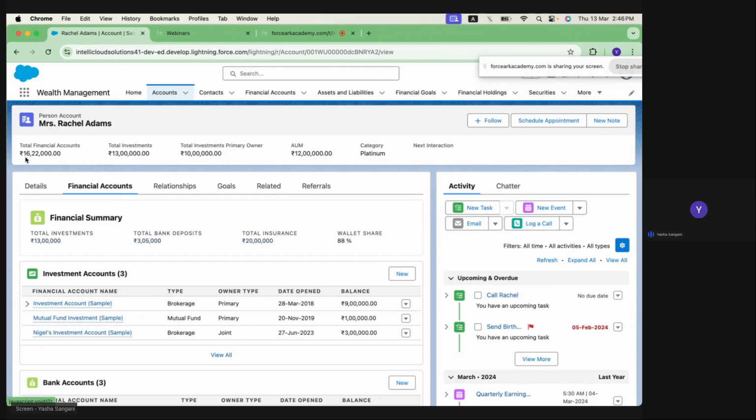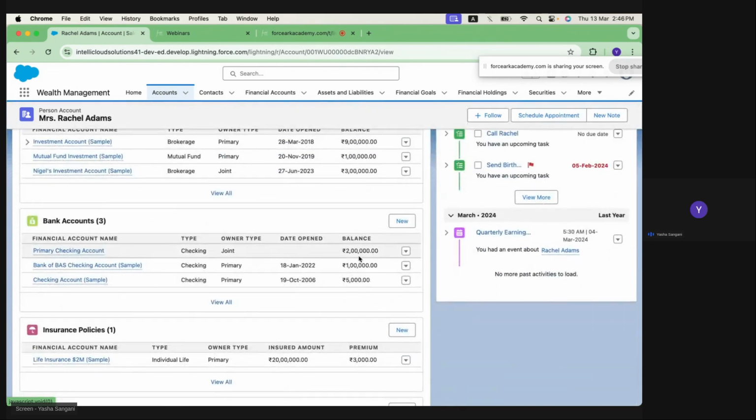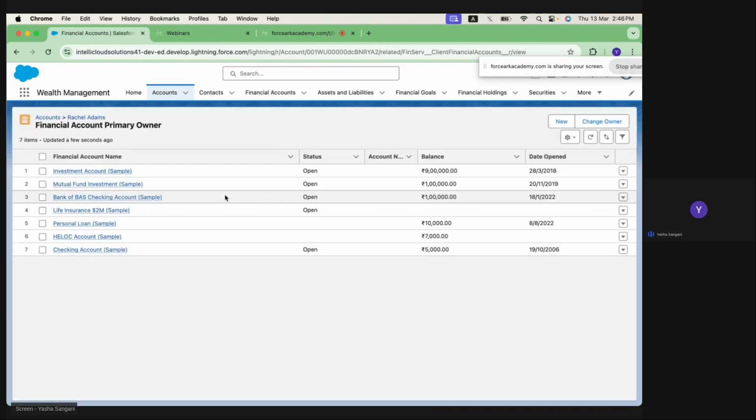So this total amount is 16 lakh 22,000, right? So it consists of all this amount: 9 lakh plus 1 lakh plus 3 lakh plus this 3 lakh 5,000, plus it is having one or two more accounts, like this account is having a 10,000 balance, this account is having 7,000, likewise. So in financial summary,